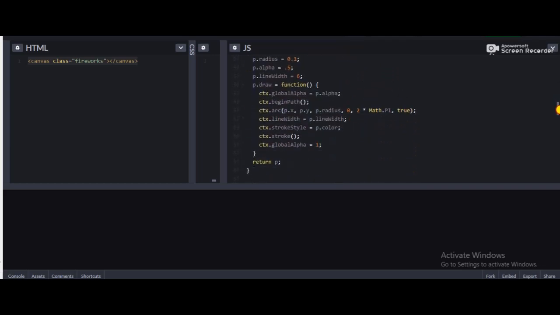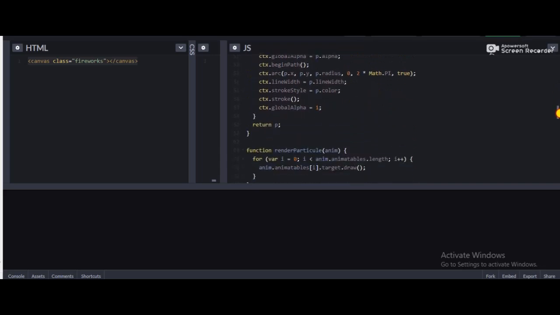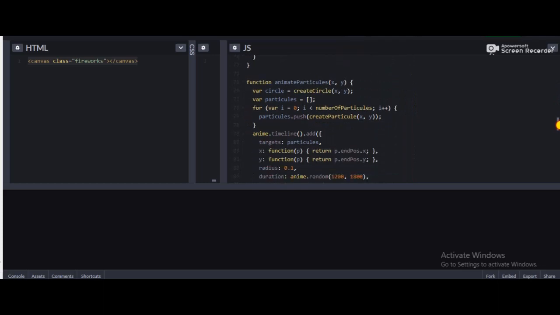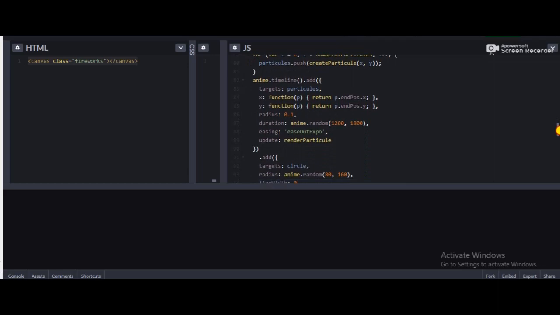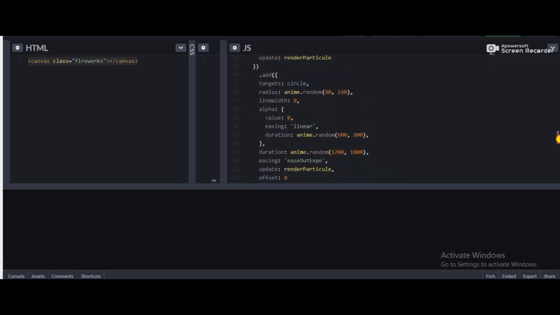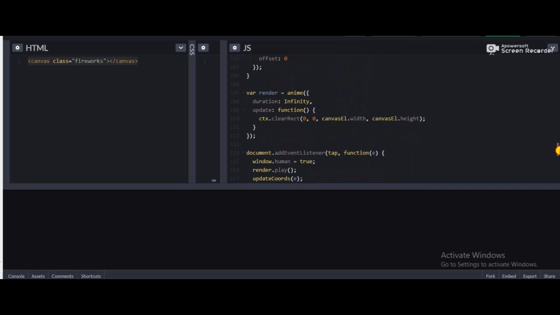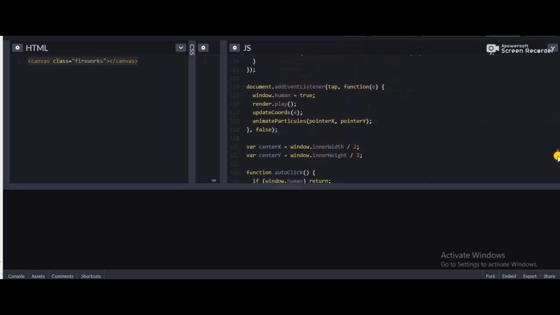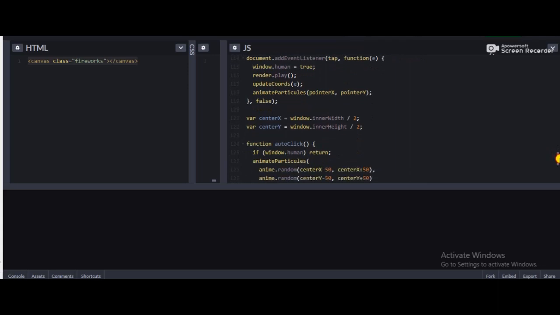So you can see this is create circles, function render particle, function animate particles, anim.timeline.add targets particles, add and durations, and render dot anim. Anim is a library, you can download it from the internet. So this is the Cloudflare link you can add on your script tag like this.